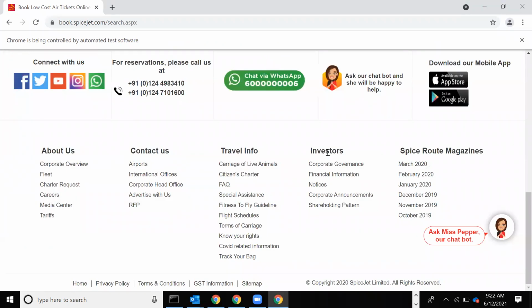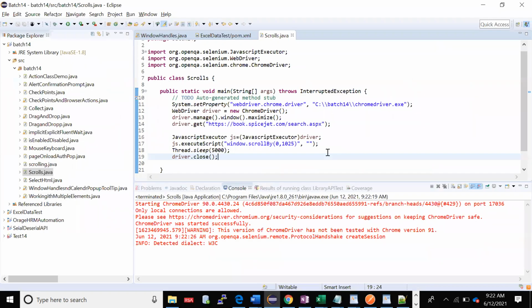You guys are able to follow right now? Understood, right? Is it tough or something? So you have JavaScript Executor as an interface. You create an object for that. That will take driver as an input. Then JavaScript Executor has an executeScript method that will do it for us. You guys can try, as I told you. If you want to scroll back, you can give minus, which means it will go to the top again. Okay, so much we did.